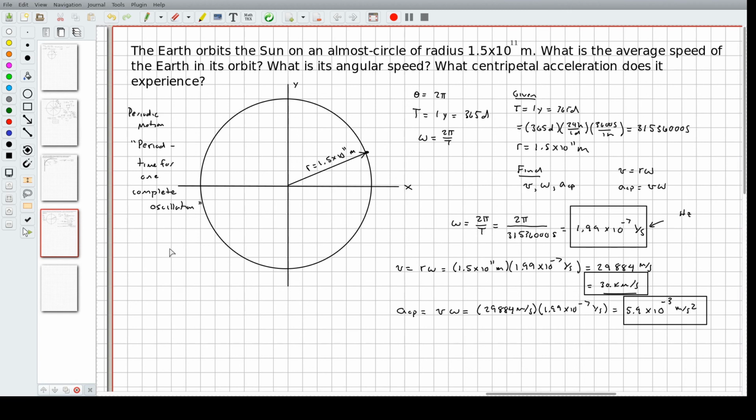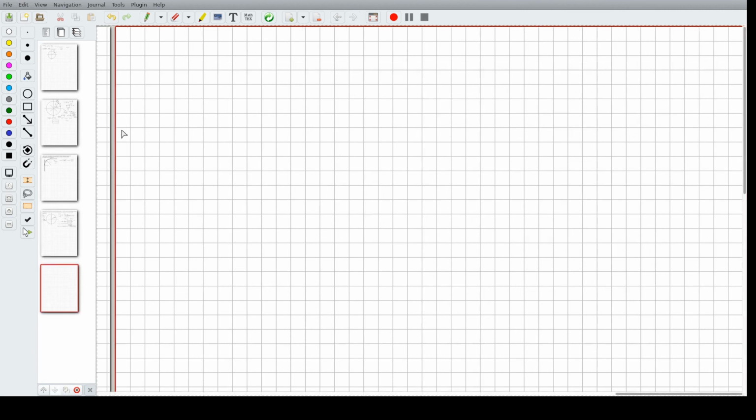Now, that said, what I would like to do is to use uniform circular motion as a foundation to go back and look at velocity, acceleration, and position as vectors. And the reason why is because this gives us a very obvious example of places in which the acceleration can change continuously. So, that said, I want you to consider